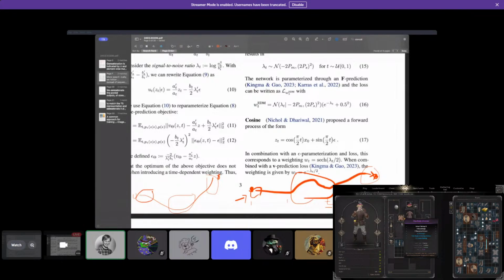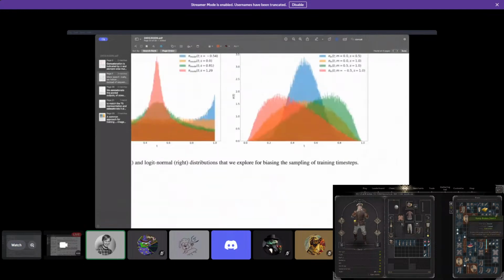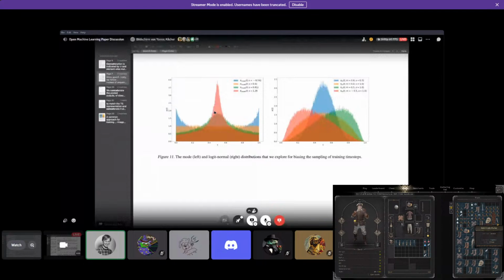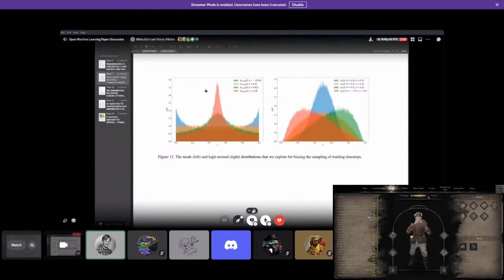If you smooth that out, you get a much more uniform schedule. There you can see that effectively the entire beginning and end are not as important, depending of course on which one they actually choose. And then, for example, the red one gives a huge priority to the t's which are between 0.4 and 0.6. So most of the